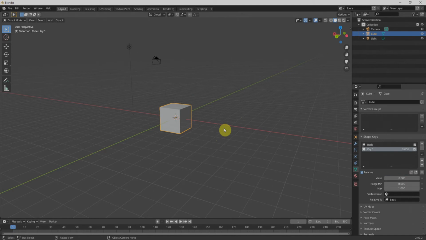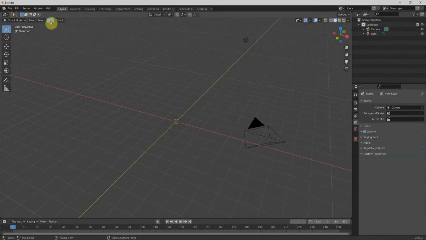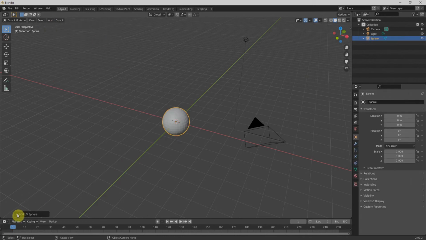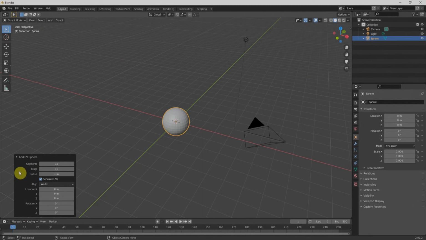Let's go a little deeper by deleting the cube with the X or Delete key. We'll click the add button, go to mesh, and add a UV sphere, and we can increase the segments and rings as per our requirement.